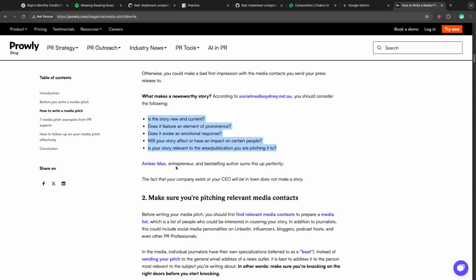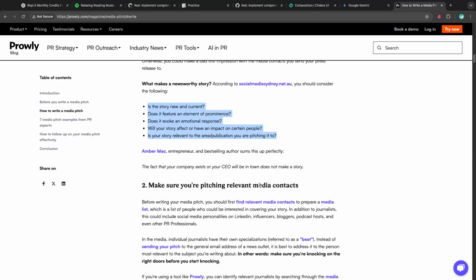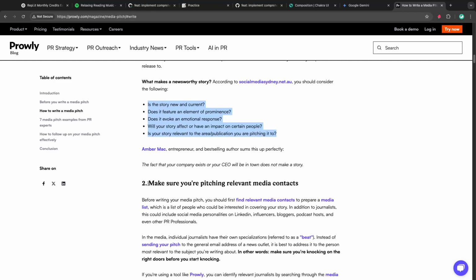The fact that your company exists or your CEO will be in town does not make a story. Cool. Make sure